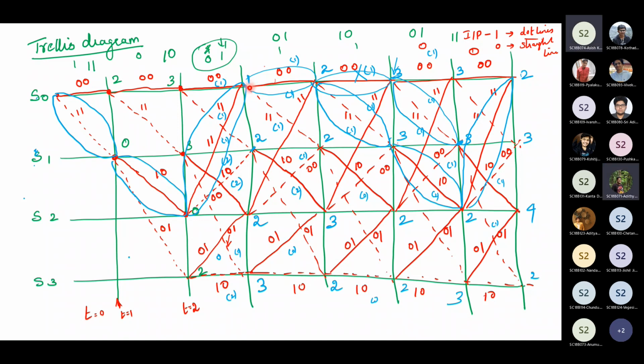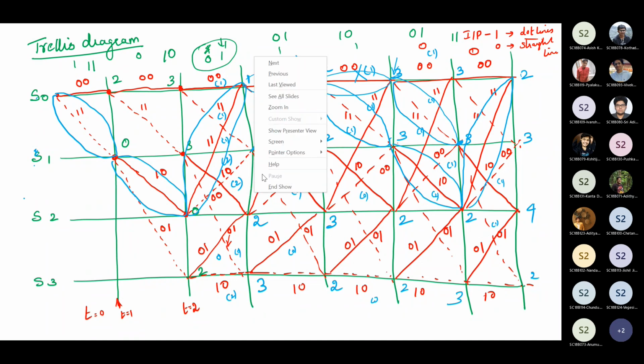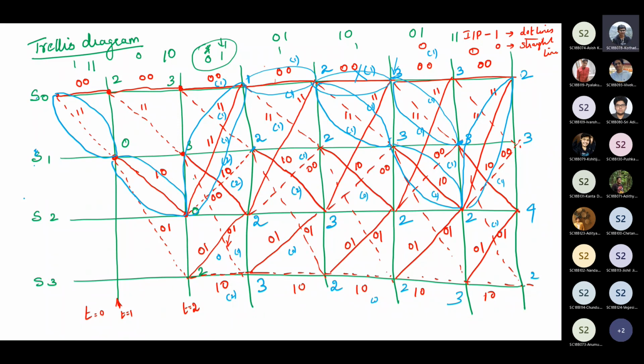S2 to S1 is wrong, ma'am. That should be 1. Which one, ma'am? S2 to S1. Yes, ma'am, that is 0, 0. So it is 1. Weight is 1. Here the value is 1, 0, ma'am. I'm asking about the node metric. Node metric should be 1 at S1. 1 only I have written. S2 to S1, ma'am. Oh, this is also 1, 1. Yes, ma'am.